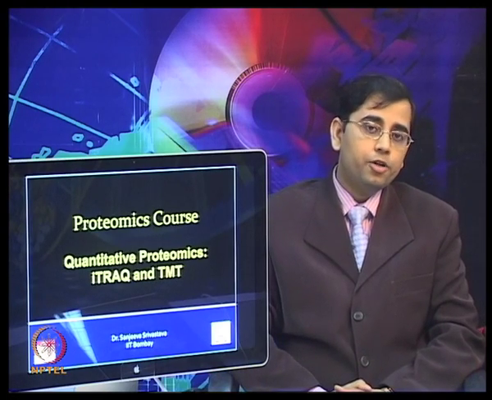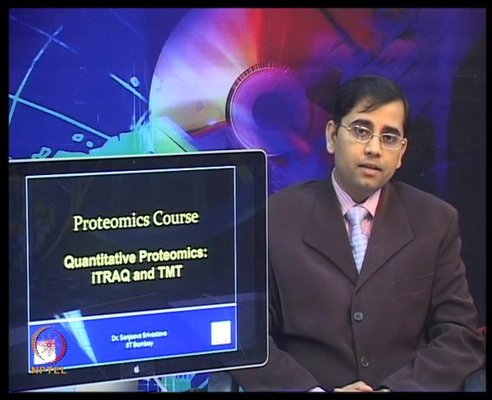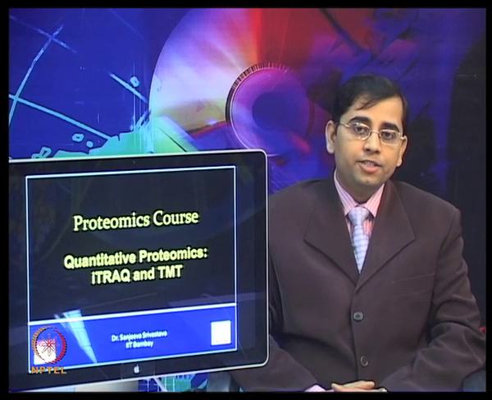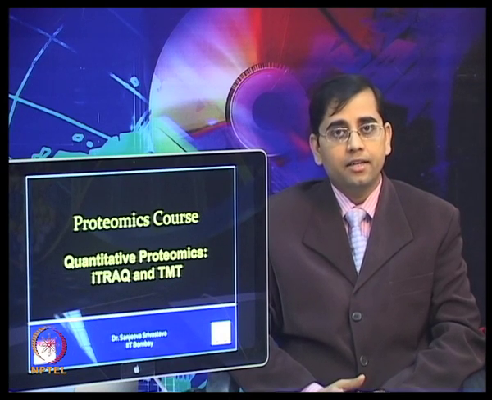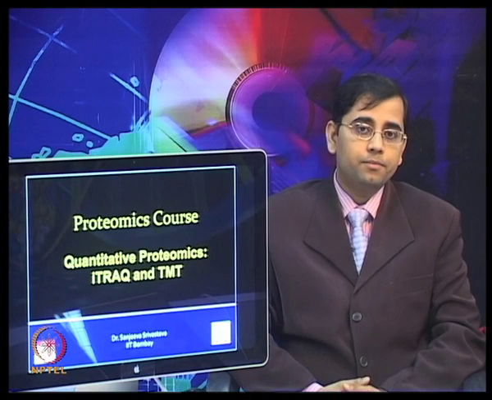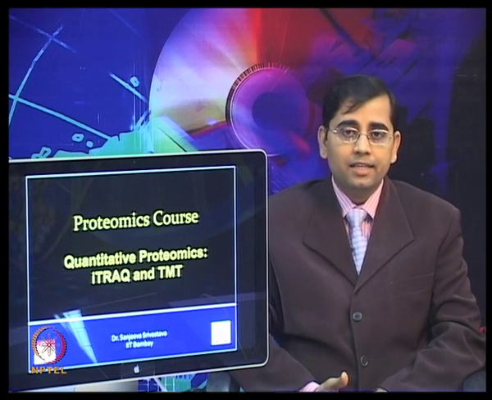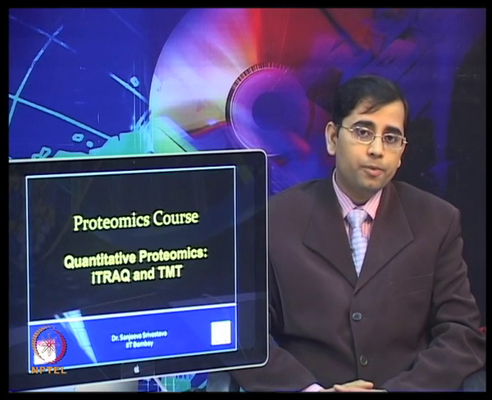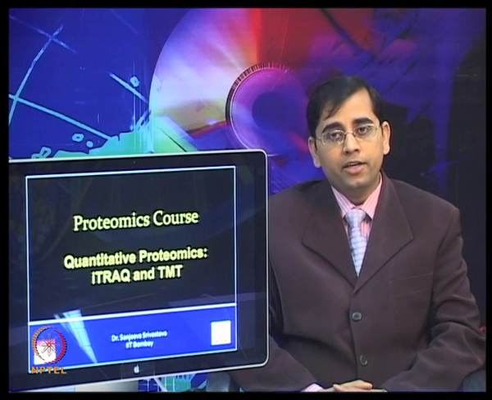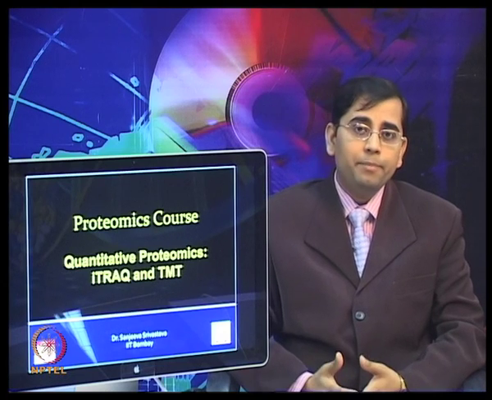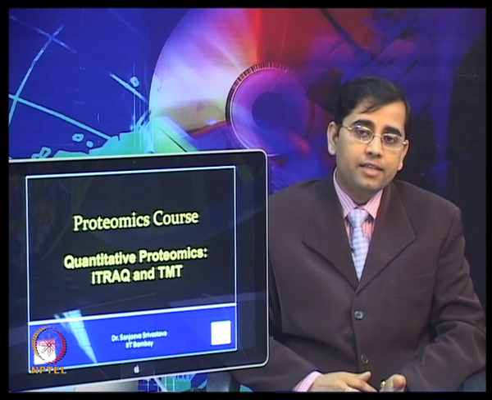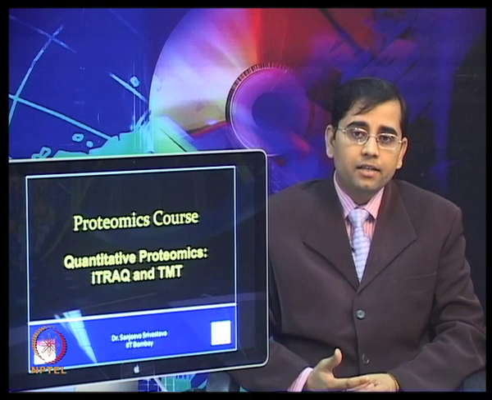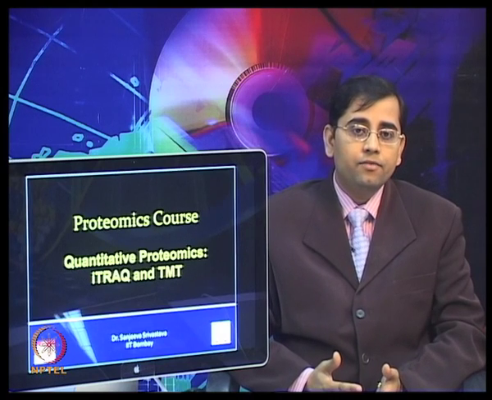In the last class, we talked about ICAT, which was the first generation MS based quantitative approach for quantitation of relative levels of proteins in various control and treatment samples. The ICAT reagent, as we discussed, consisted of three components: the thiol functional group, a linker group, and a biotin moiety. Two samples treated with ICAT reagents, light or heavy isotope D0 or D8, were selectively alkylated at cysteine